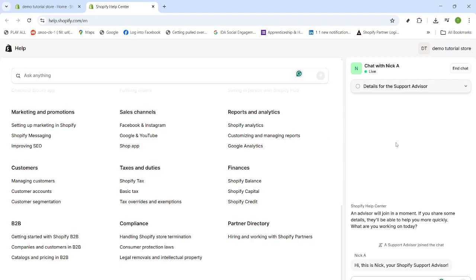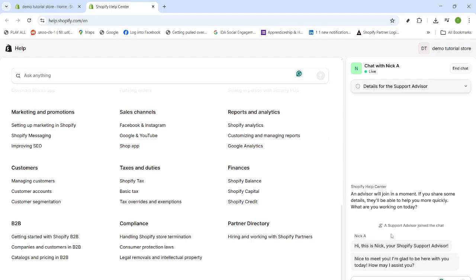Quick tip before you start the chat. Have essential details ready, like order numbers, app names, recent changes you made, and any error messages. This helps the advisor resolve your case faster. That's it. Now you know the most direct route to Shopify customer support and how to get